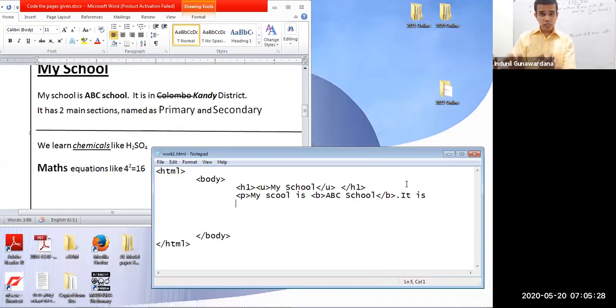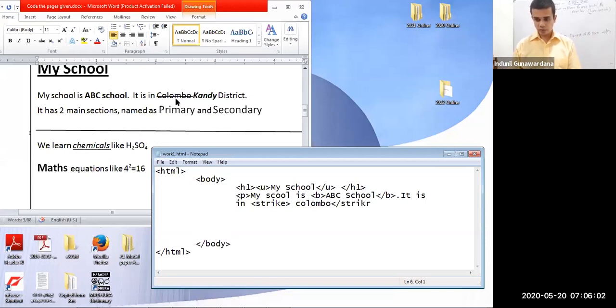Is that to say that in the browser, the things will be in the next line? No, in the browser, if you want to send the things to the next line, we have to have the BR tag. But now it's not, we'll see. It is in, then Colombo comes with strike. So what should I do? Strike. Then I write Colombo. Shouldn't I close that here? Yes, if I didn't close it, what happens? This strike will continue to the rest. We'll do those experiments as well.